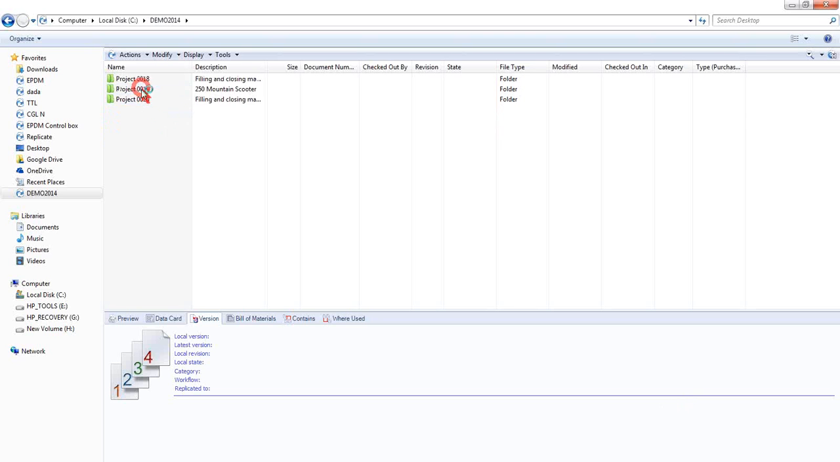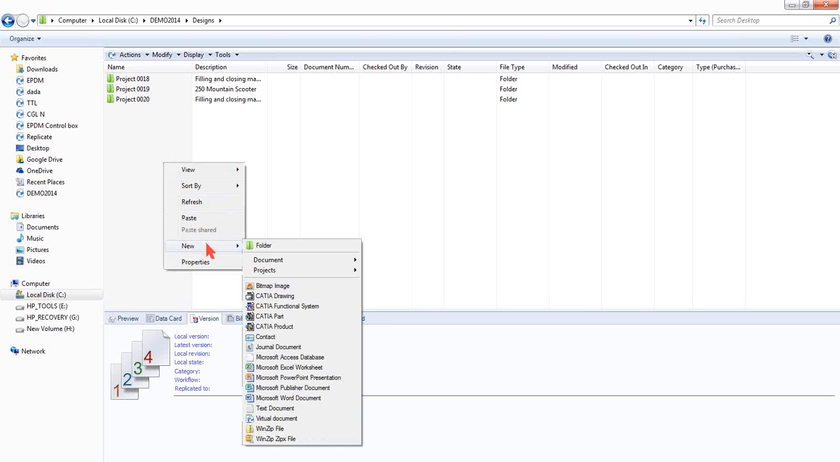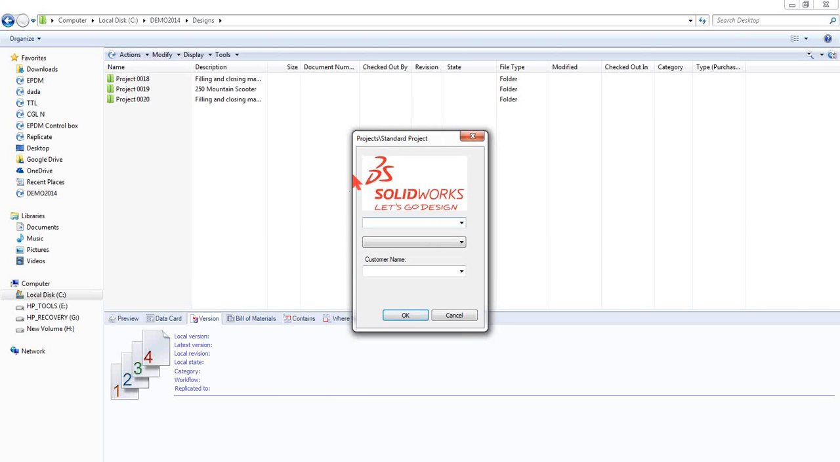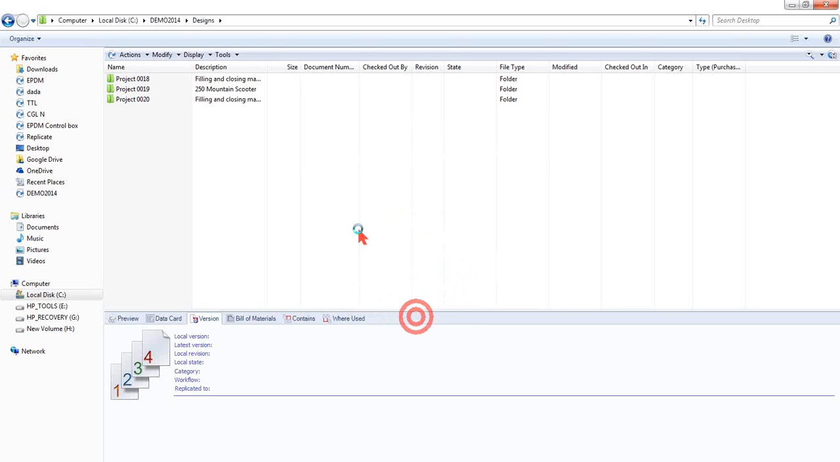You can see in the designs we have project folders, project 18, 19, 20. If you want to create a new project, you just right click and choose new, as you would in a Windows Explorer. Just create a new project, standard project. What is your product? You have a capping machine, you have a piston filler, and what is your customer name? Maybe SolidWorks. Okay, if I press enter,